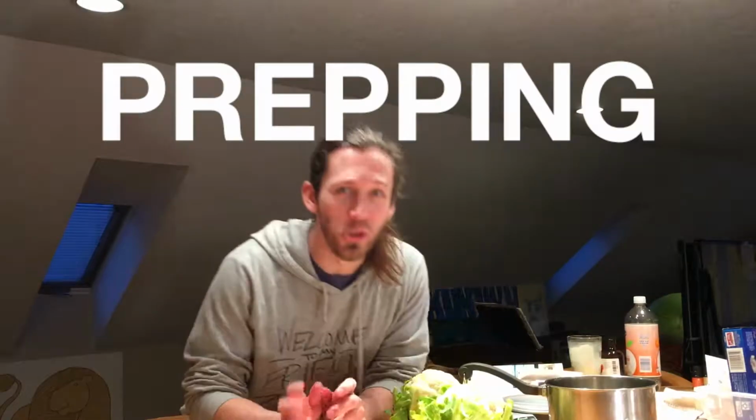Let's get cooking. So the first part of our recipe is actually to gain access to the cauliflower. So all we're gonna do is pick off all of the extra little greens on the outside. All right, I got a good number of the leaves picked off. Now is a really fun part, and I haven't done this before. We're gonna grab the extra little towel that we had, wrap the broccoli up in it,